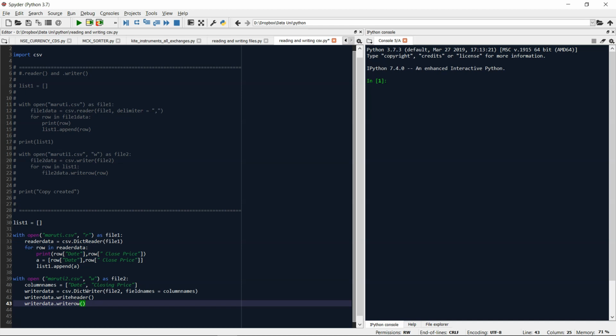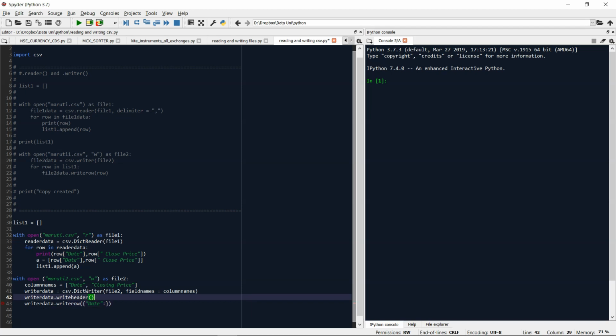Now I have to write rows. In writerow, you have to write a dictionary. Why? Because writer data is a DictWriter. So that's why you have to write a dictionary. This dictionary has the columns date and closing price, each of them is a key. So for the key date,